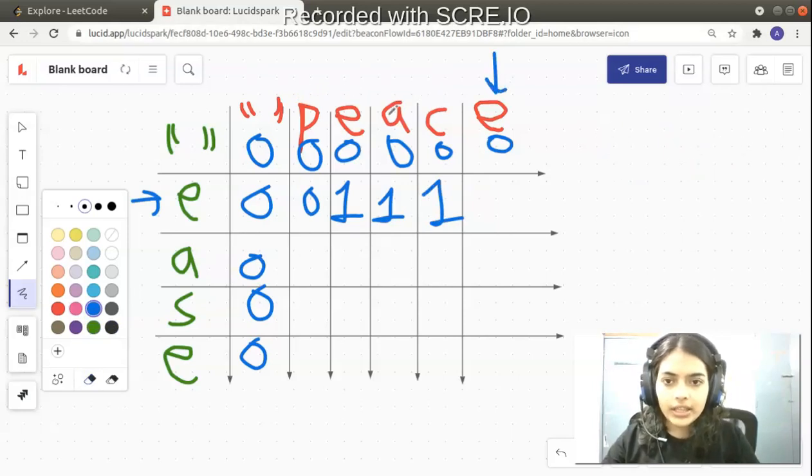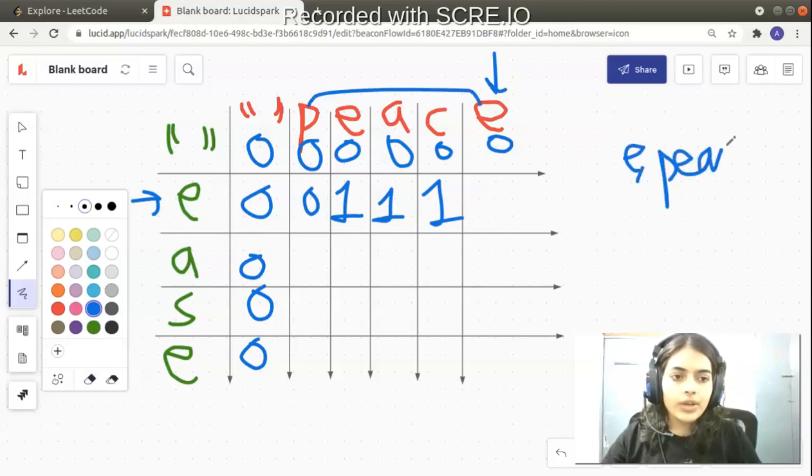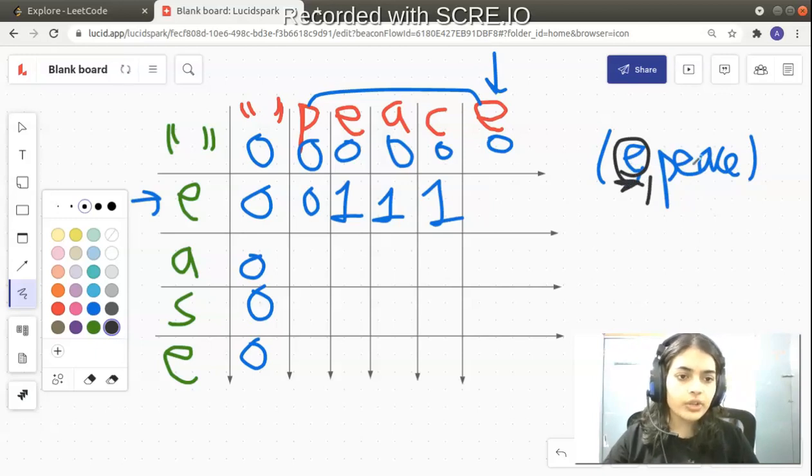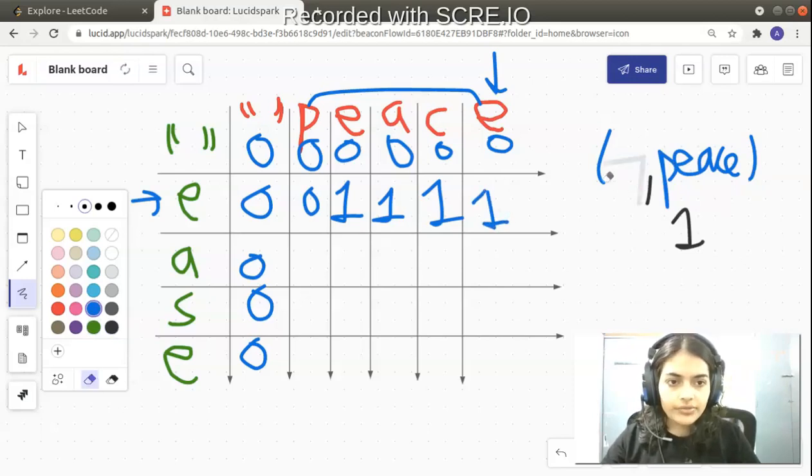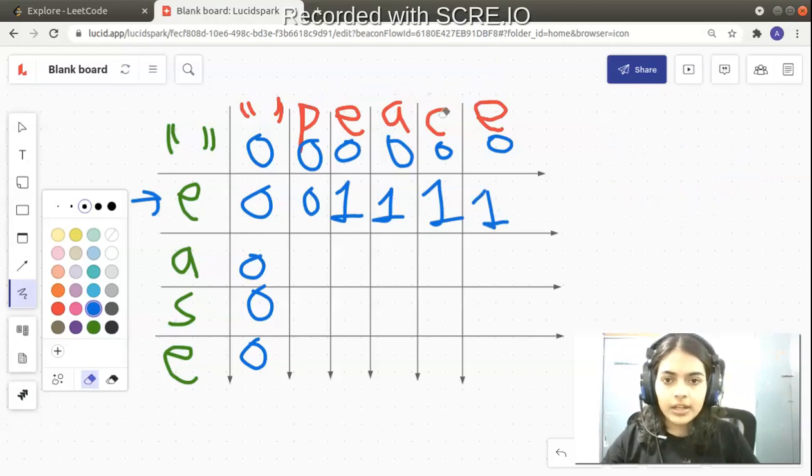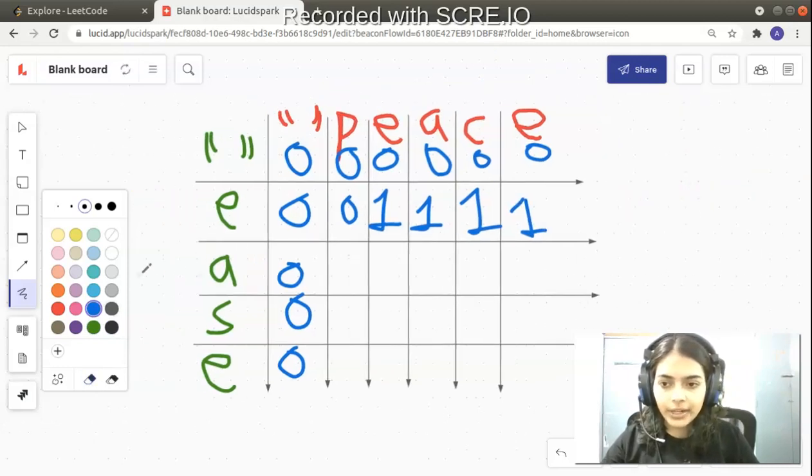So between this row and this column, so between E and the entire word PEA, how many characters do you have in common? Now you may think it is two, but it is not two, because notice you cannot have different counts. The first string has a length of just one, and the second string has two E's, but you will only count it once because the first has only one E. So between these two, the common characters will only be one. So here also we will fill only one, because the first string has only length one. Okay, now let's go forward and build the next row and next column.